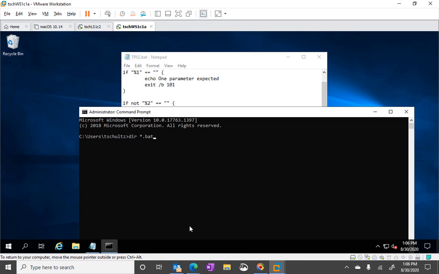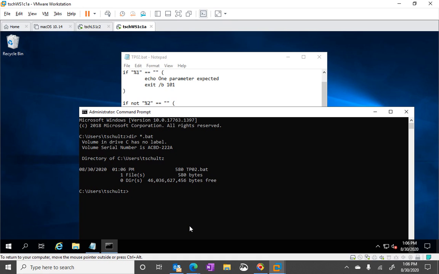Let's execute it in command mode so we don't have to worry about that pause. So we see that TPO2.bat is there. I think since it's a bat file, we don't even